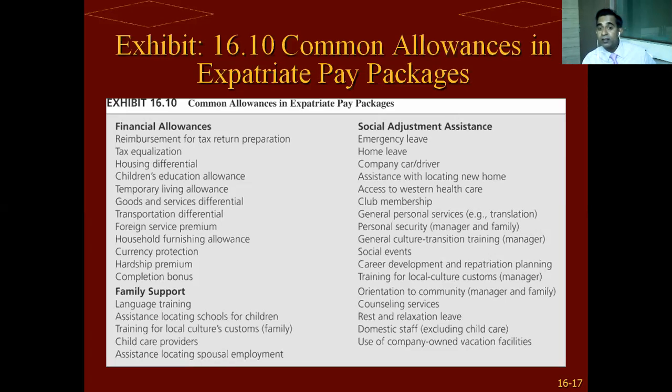Okay, so that they understand and live accordingly. Then child care provides assistance locating spousal employment, and so many family support activities are provided. Other than that, social adjustment assistance like emergency leave, home leave, company car or driver, and so on. So this list is the exhaustive list of common allowances paid to expatriates as part of the compensation package